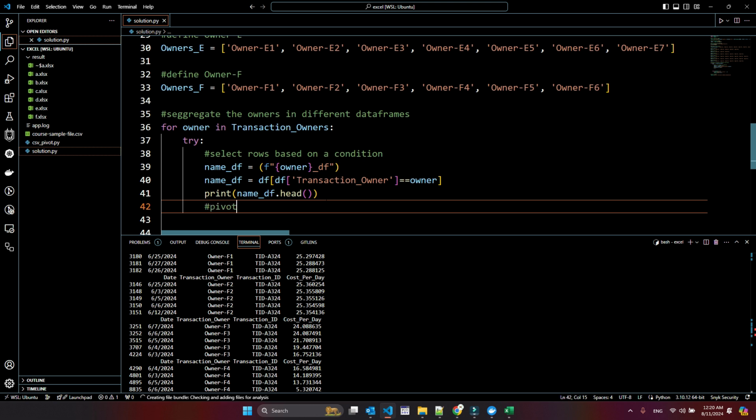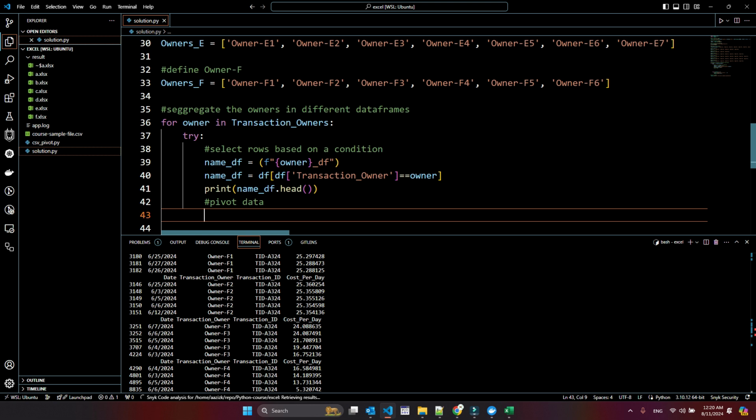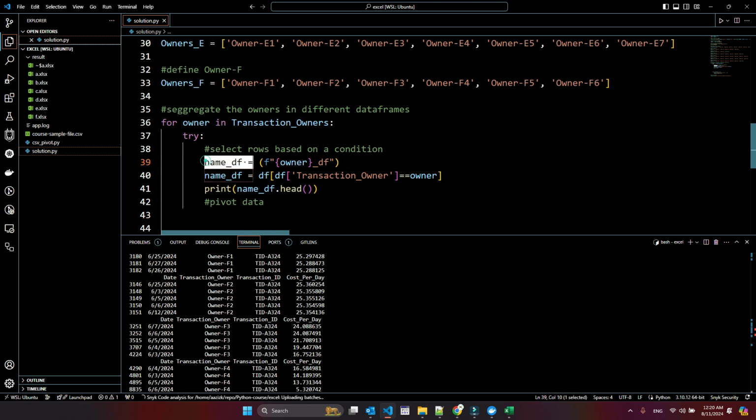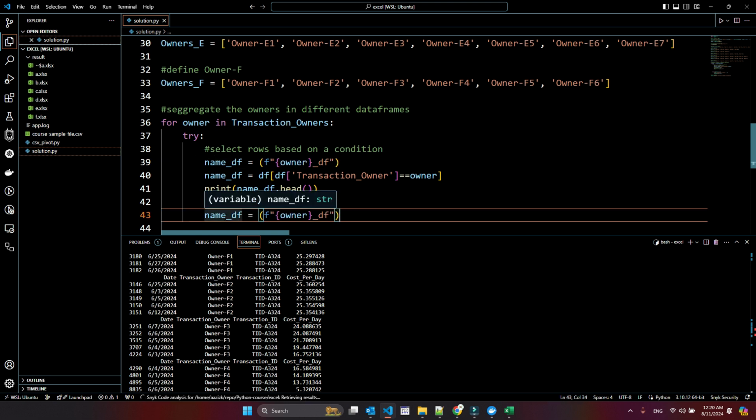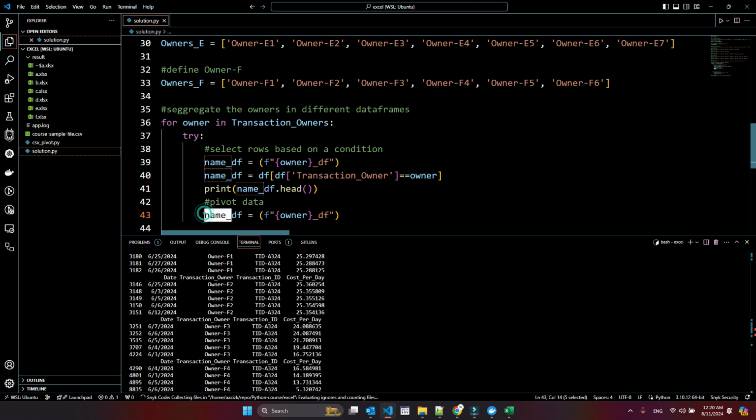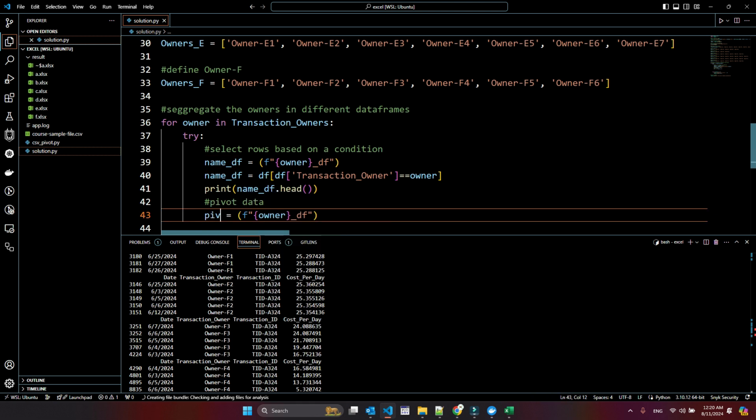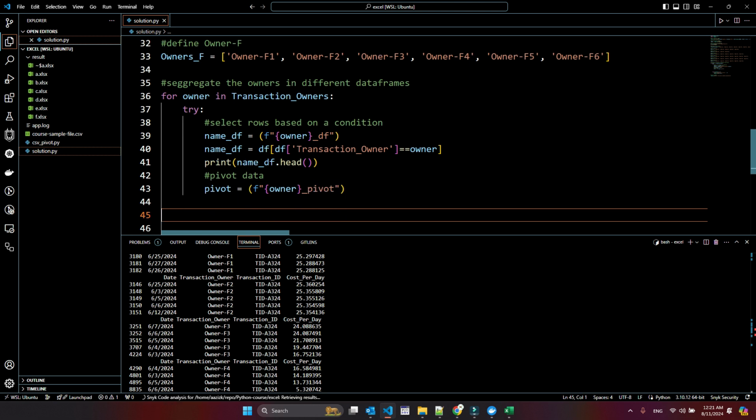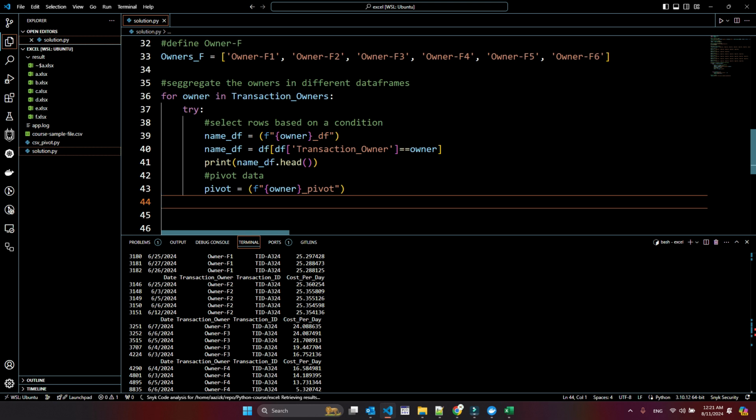Now, in the same way that we did here, we will need to give it a name. Just like we give a name to the data frame, we will give a name to the pivot as well. Because this is not a data frame, this is a pivot. If we do not give a name to the pivot, then every time it can make some problem for us. So the only difference we will give here is that we will give it a name of pivot. So this part is, I think, simple, that we make a variable name pivot, and we give it a name every time